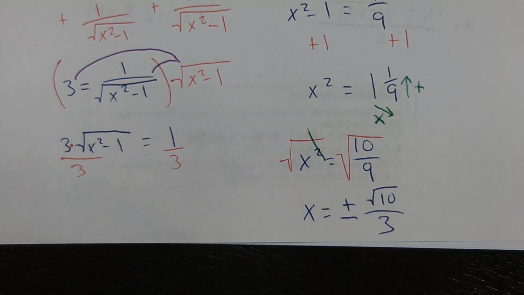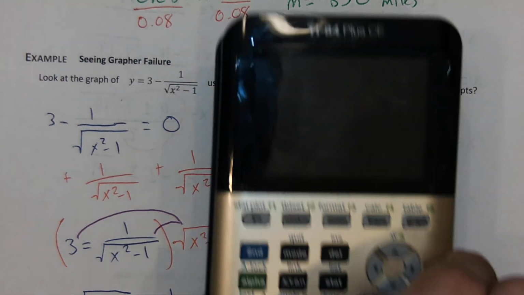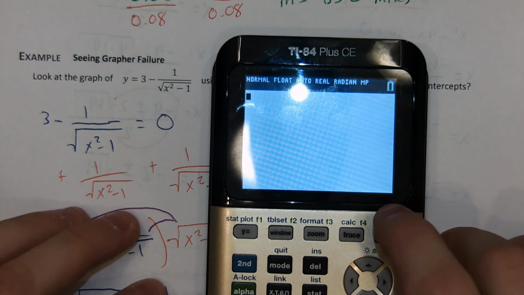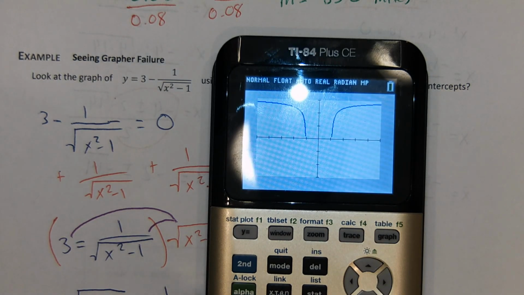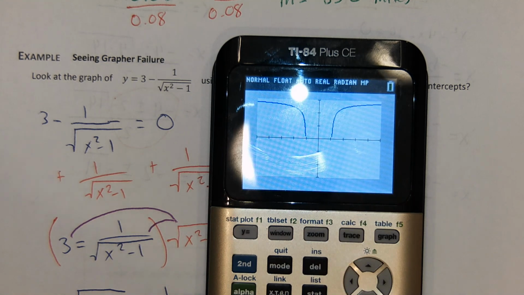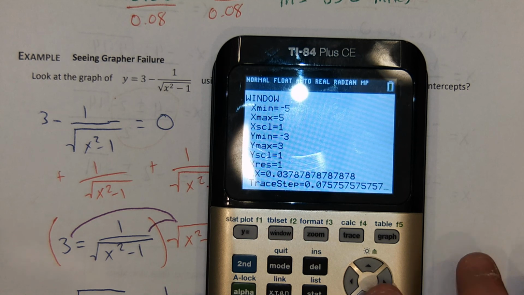So what was the problem? Why didn't the calculator show me solutions? Is it broken? No. It's bound by its programming. It can only show you so much. So I'm going to go back to graph. And what I'm going to tell you is, this calculator cannot graph vertical lines. And unfortunately, with the window we have, going through the x-axis there would force this grapher to graph something that appears to be vertical, and it can't do that. But if I were to shrink my y-axis,